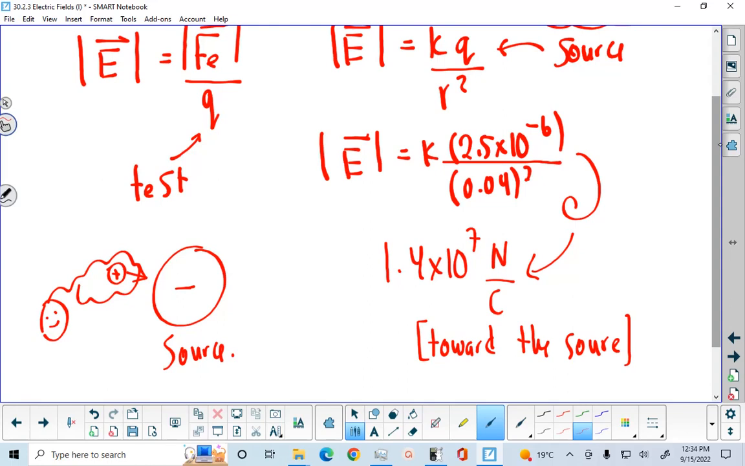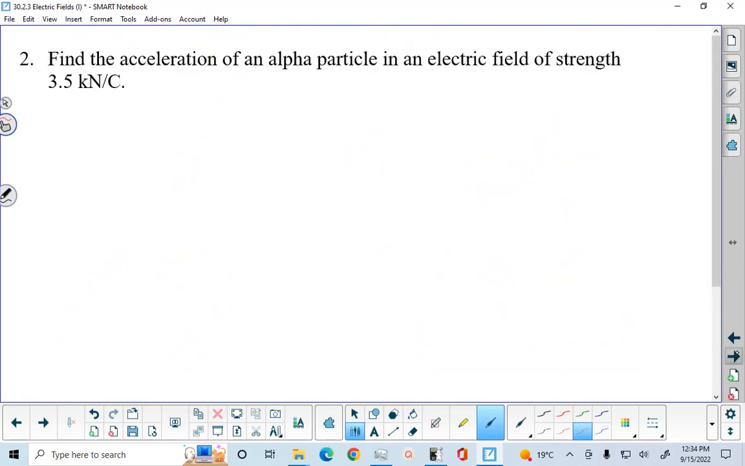And that's number one. Number two, what's the acceleration of an alpha particle in an electric field of a particular strength? This alpha particle is being placed in an electric field, so this is what we would think of as a test object. Now, before we get to the solution,